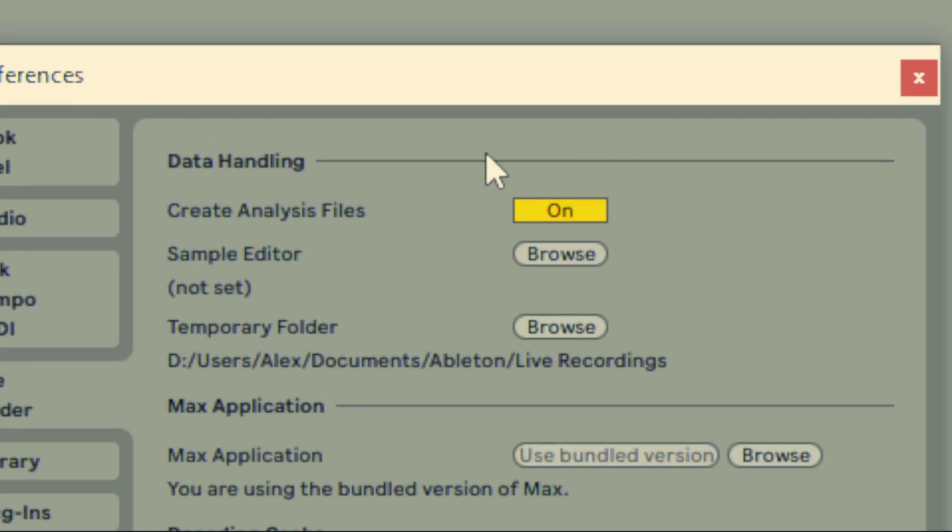Create analysis files is a kind of a controversial setting among Ableton Live users. The idea is that if enabled, Ableton Live will create an ASD file next to an audio file after inputting it to Ableton Live. These files are considered as garbage by many, but actually they contain analysis data about the file for quicker access.